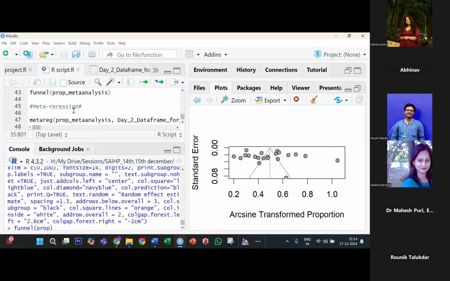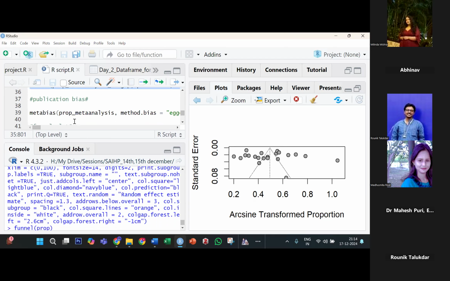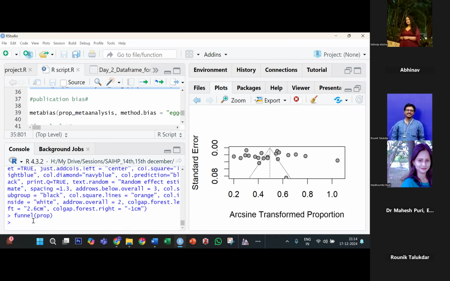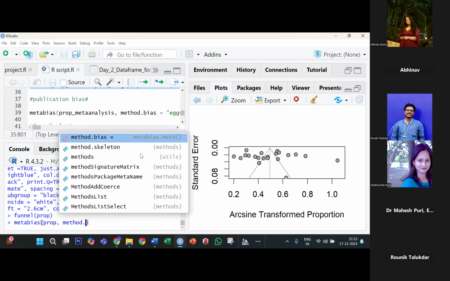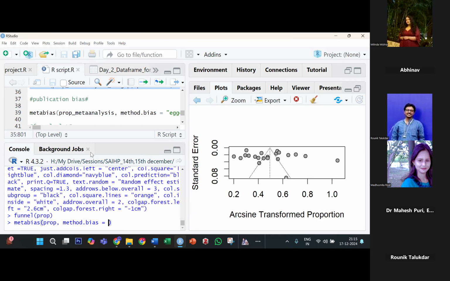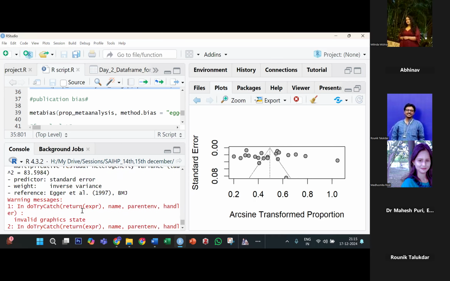अच्छा हाँ, अभी पब्लिकेशन बायस का टेस्ट। तो पब्लिकेशन बायस का टेस्ट जो है ये भी बहुत सिंपल है, याद भी नहीं रखना पड़ेगा। बायस टेस्ट करना है मेटा एनालिसिस का, तो नाम दे दिया मेटा बायस। तो सिंपल लिखो मेटा बायस। उसमें भी तुम जो नामकरण किए थे विदाउट सब ग्रुप वाला वो डालो। उसके बाद कौन सा इक्वेशन तुमको यूज करना है वो इसको बोलना है। द क्वेश्चन इज व्हाट मेथड शुड आई यूज टू डिटेक्ट पब्लिकेशन बायस। कोड है मेथड डॉट बायस। सिंपल, मेथड डॉट बायस इज इक्वल टू, अब इक्वेशन का नाम से ही ये कोड बना दिया। तो ये सिंपल लिखना है, मुझे एगर्स चाहिए, तो लिखो एगर बस। हो गया तुम्हारा काम।